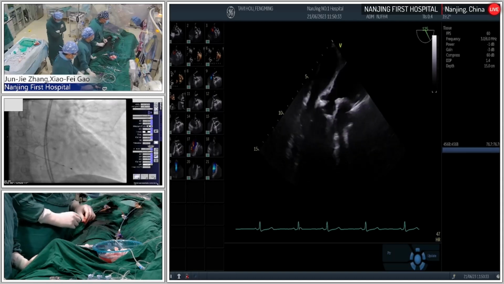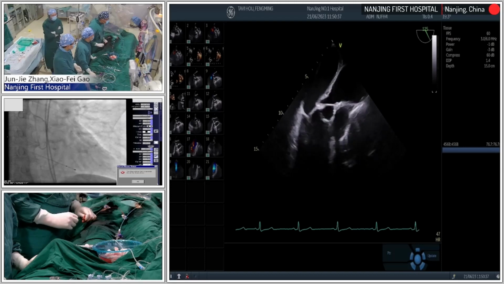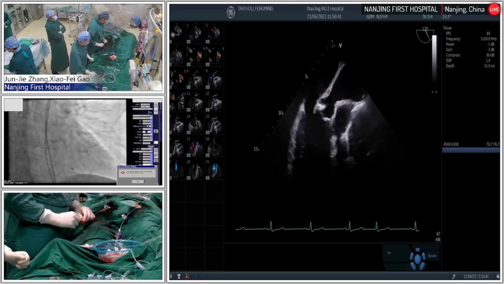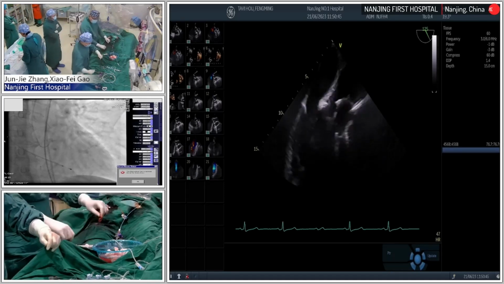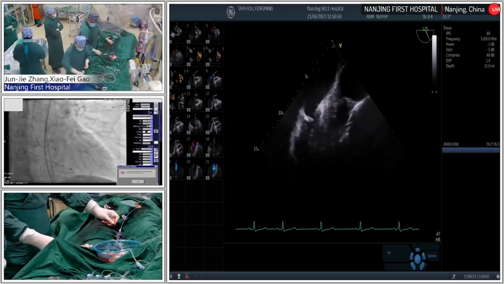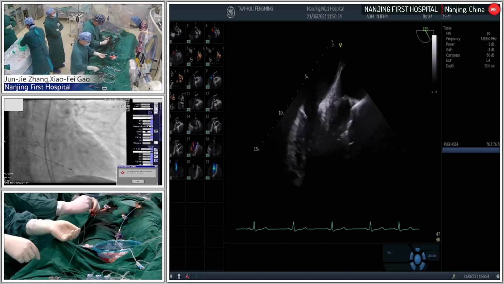You are very right, Prof. Gao. So before the procedure, when we do the TTE, some signs can indicate the short-term and long-term result. For example, if the patient already has CPC-PH, pulmonary hypertension, the PVR is already elevated, and